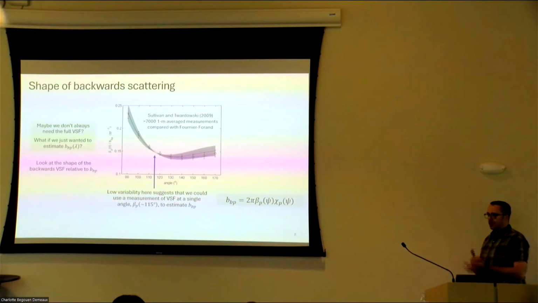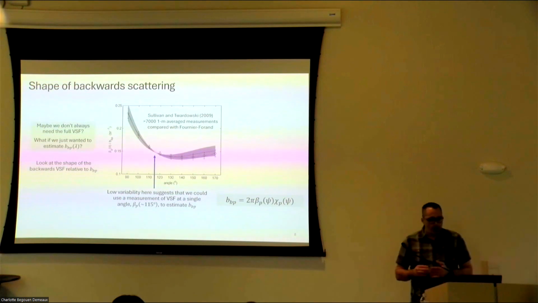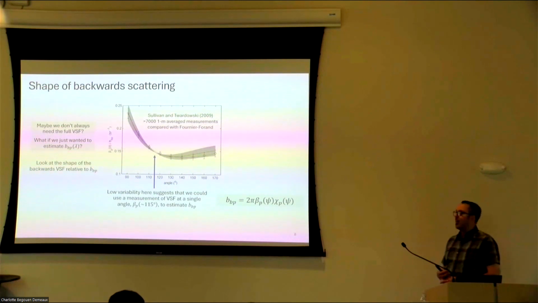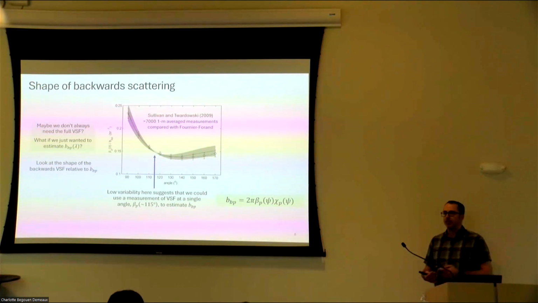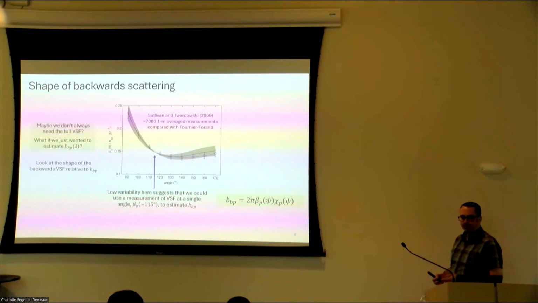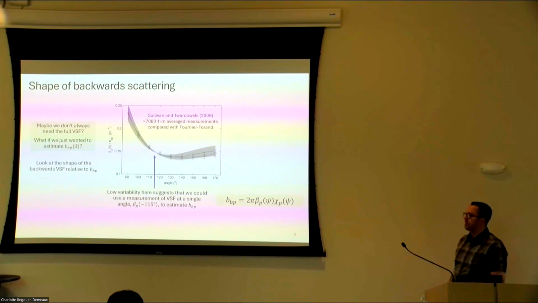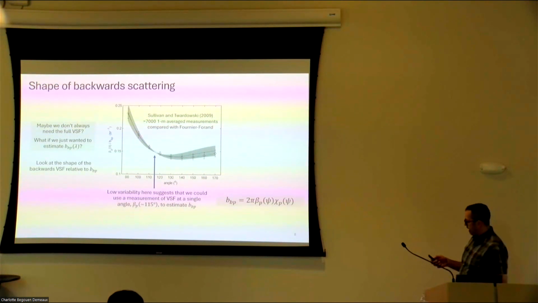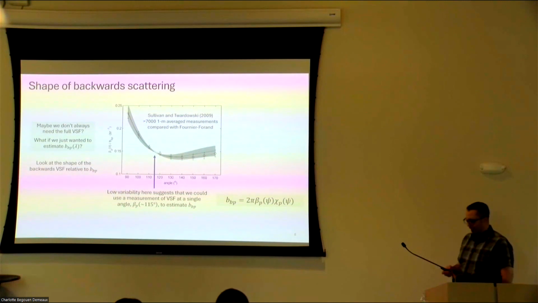So let's say we can measure the VSF, right? So maybe we don't always need the full VSF. All of those instruments are pretty expensive or not commercially available. And there are many cases where we really just want the backscattering, because we can relate that to different biogeochemical parameters and remote sensing. So if we look at full VSFs, beta here, and then normalize it to backscattering, we get a pretty consistent shape. So we call this the backscattering phase function,